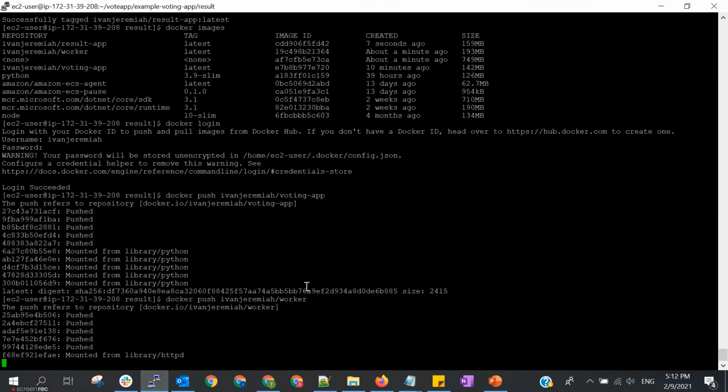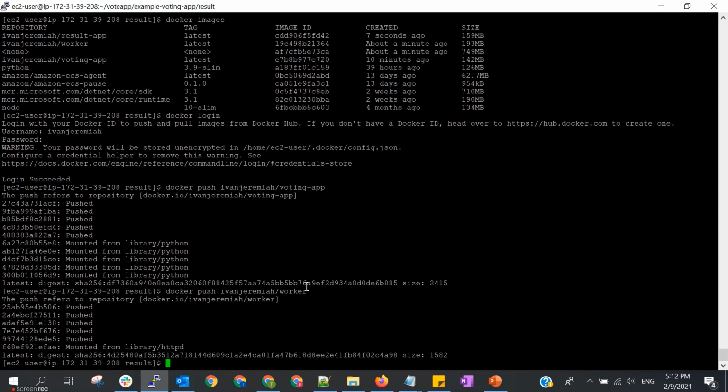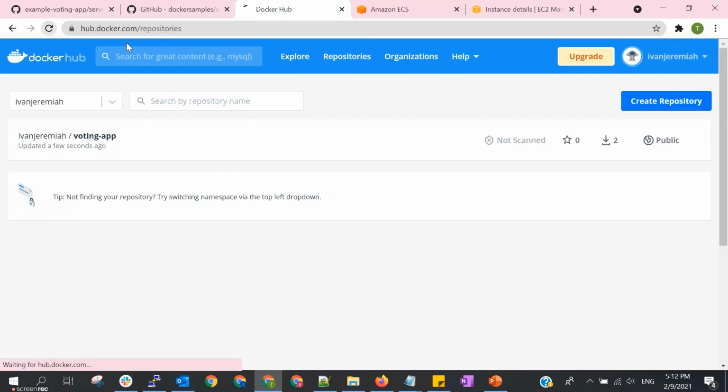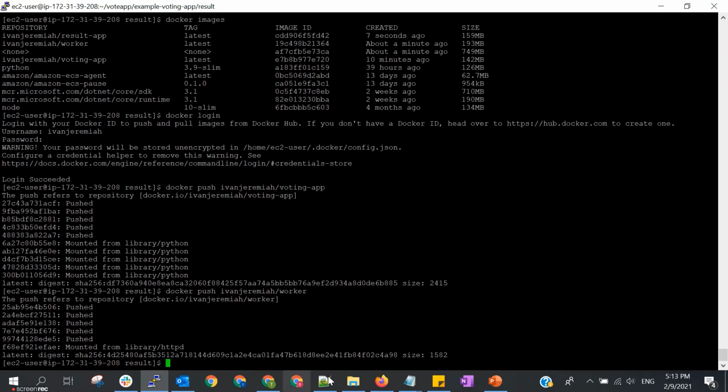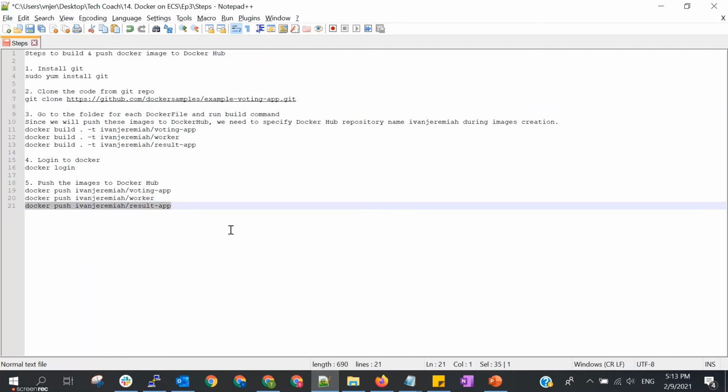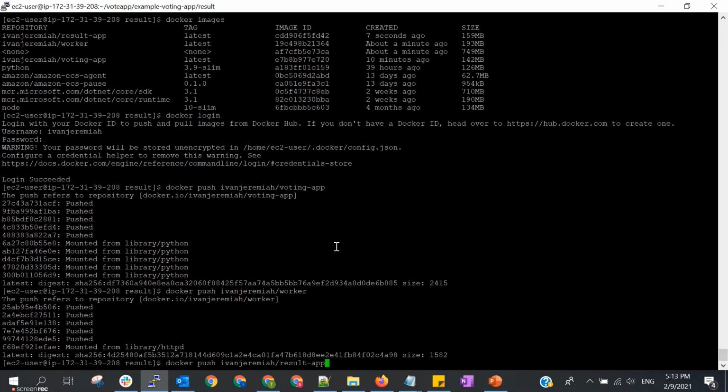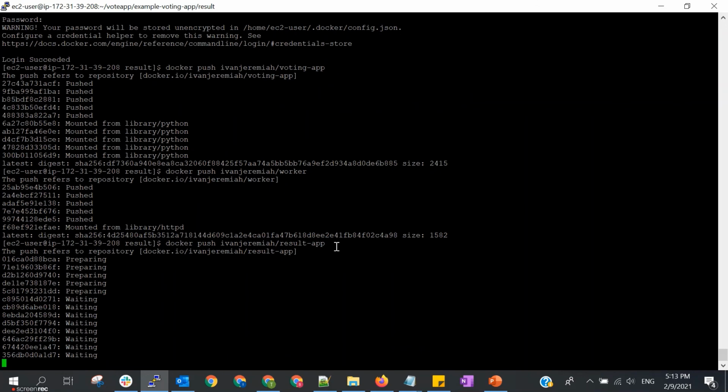Okay, I think this one almost done. Let's wait for a while. Okay, it's done. And let's refresh again our repository in Docker Hub. Then we should see the worker. Okay, this is the one that we just pushed. Okay, the last one. Let's push our result app image.